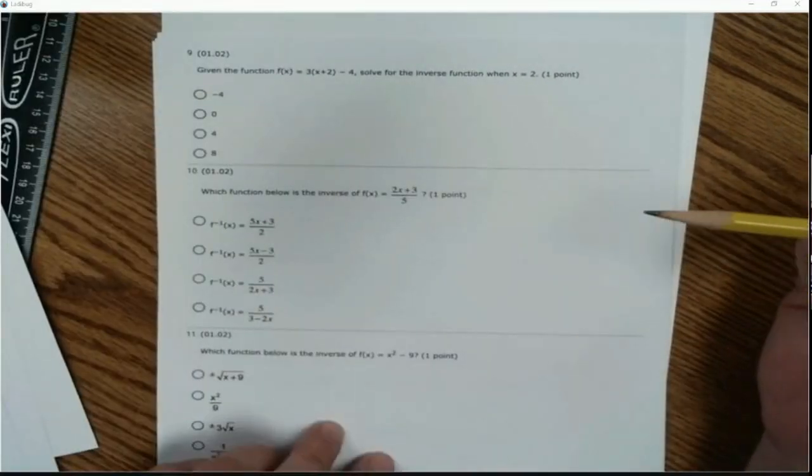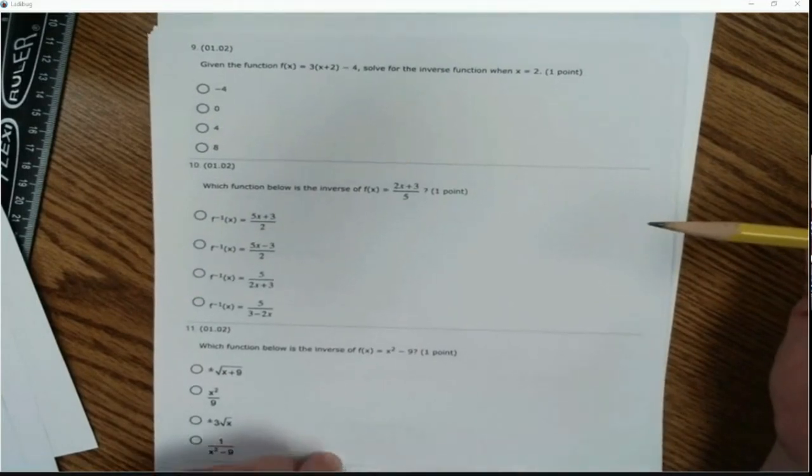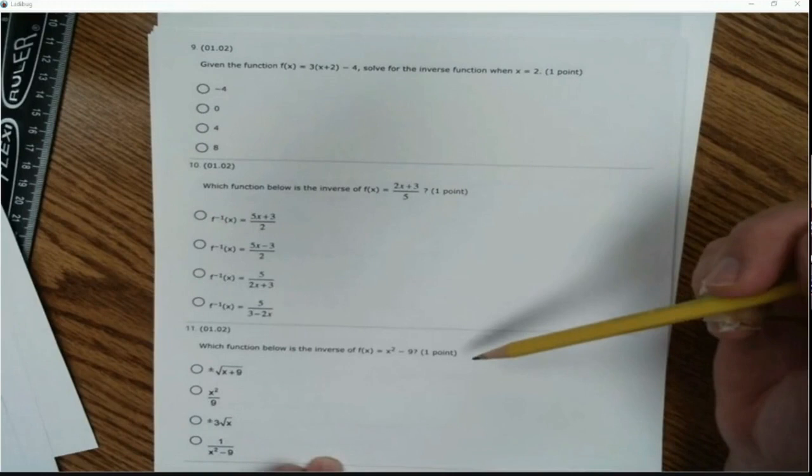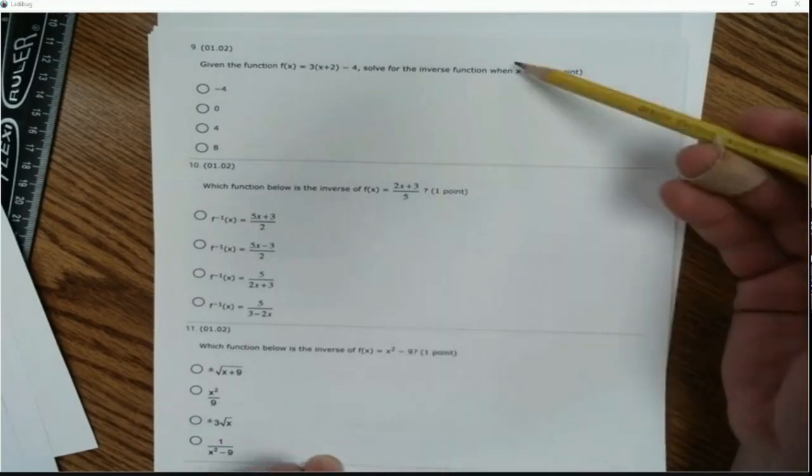So I'll be going through all of this. If you have questions on any of these, I can go over them here in class as well. But I'm finding the inverse of problems here. So the inverse,